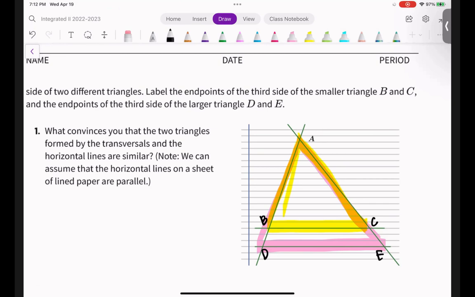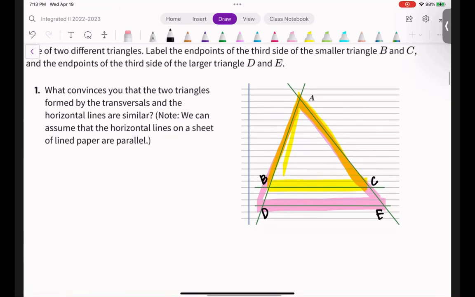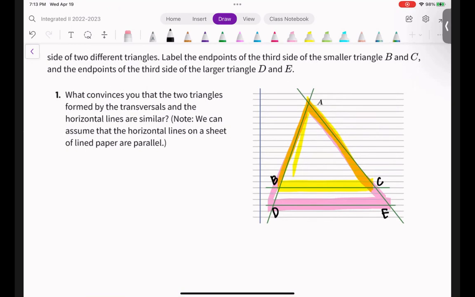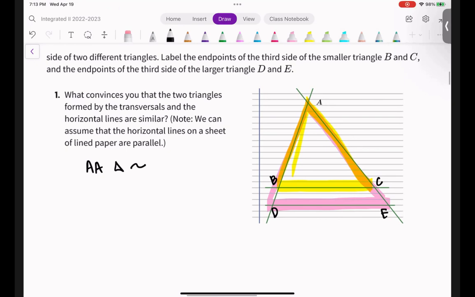All right, the question: what convinces you that the two triangles formed by the transversals and the horizontal lines are similar? Okay, note, we can assume the horizontal lines on a sheet of paper are parallel. So we learned about similarity, and I'll just remind you, from the last lesson, you learned AA triangle similarity, you learned SSS triangle similarity, and you learned SAS triangle similarity,